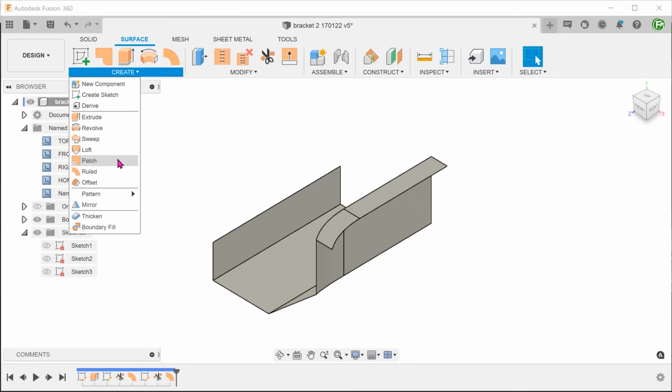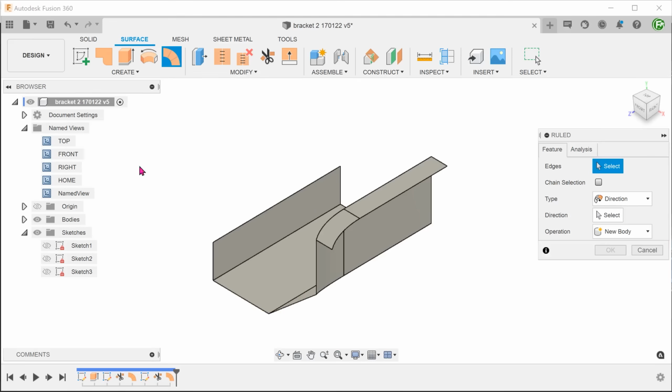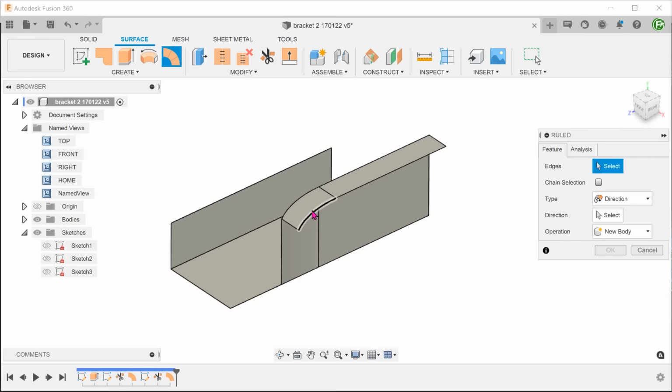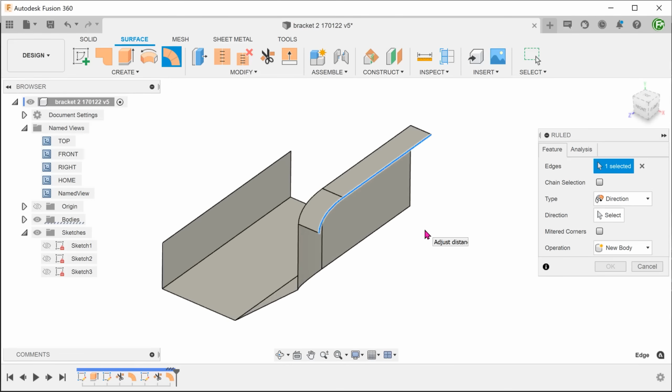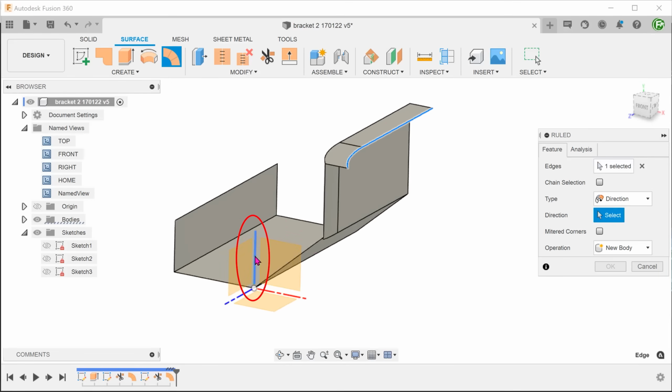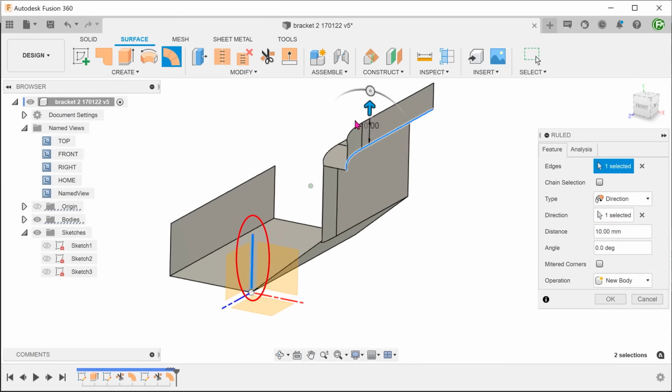Begin the route surface command again. For this section, set the direction to be along the y-axis.